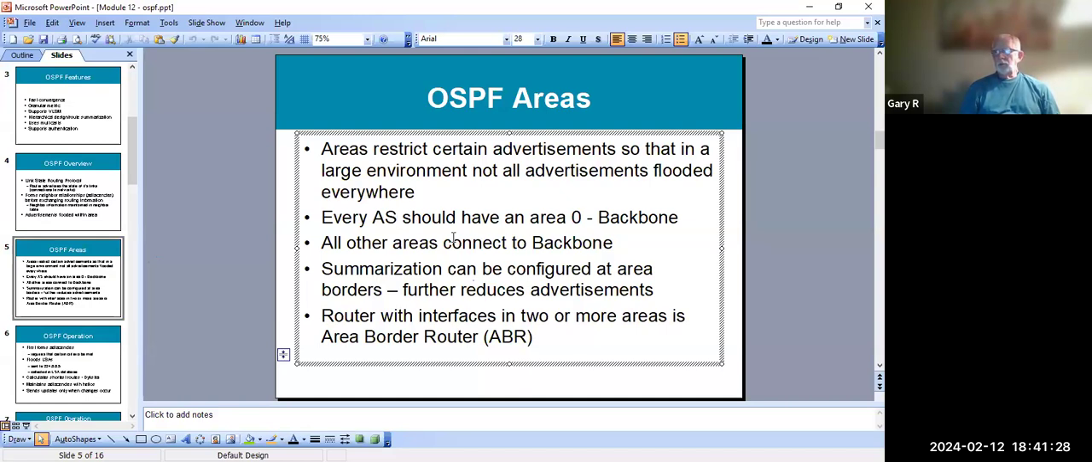And then what you do is you can configure summarization at the area borders, again, to contain advertisements and to reduce the size of routing tables as well. That not only reduces the advertisements, but it keeps the routing table size very manageable. And when you have a small routing table, then you're able to process the lookup of a packet much more